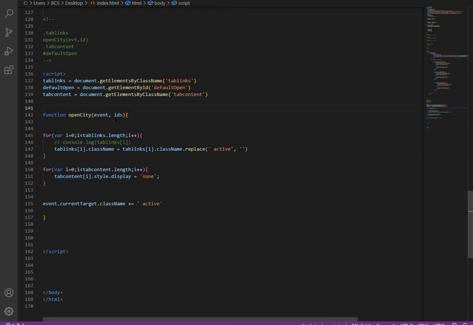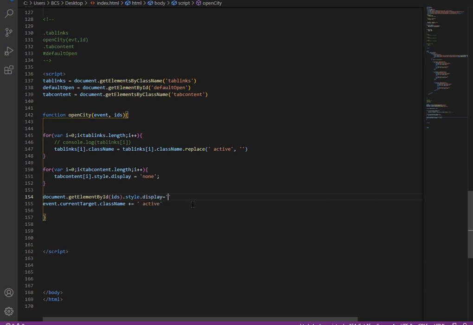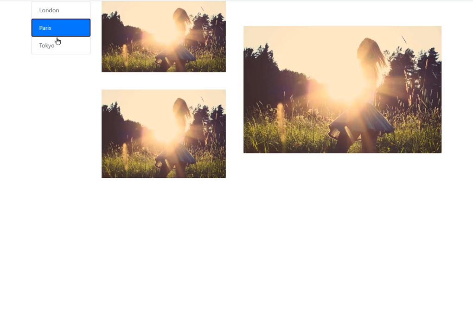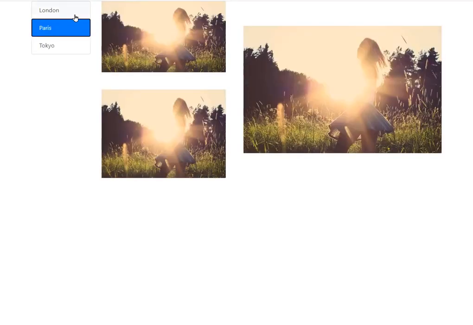With this function it has ID, so document.getElementById, and pass this ID as the argument, and make the style dot display equal to block. Refresh this. Now if I click on Paris, click on Tokyo, click on London, and that is what I need.